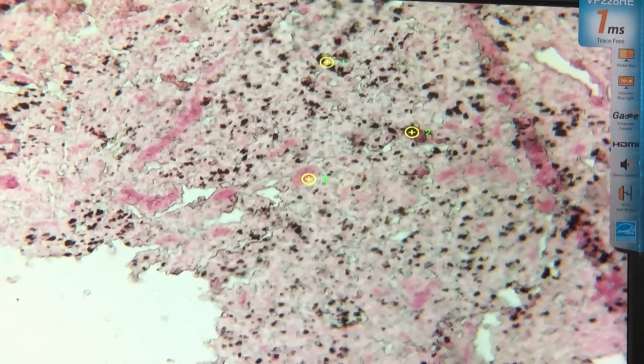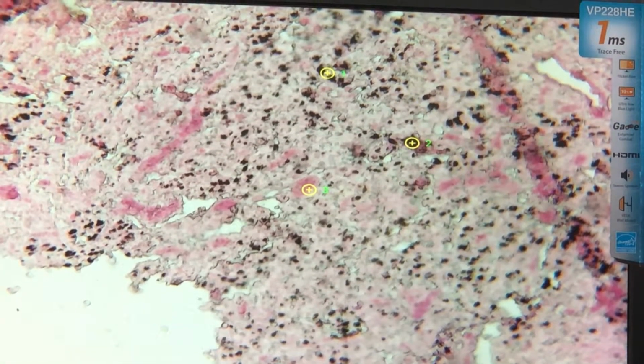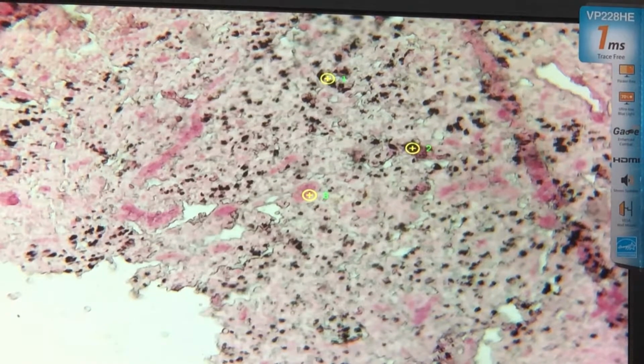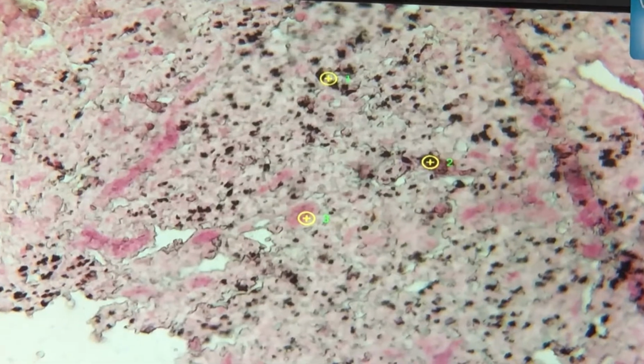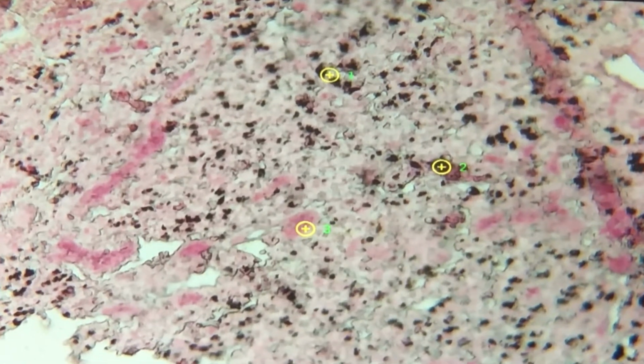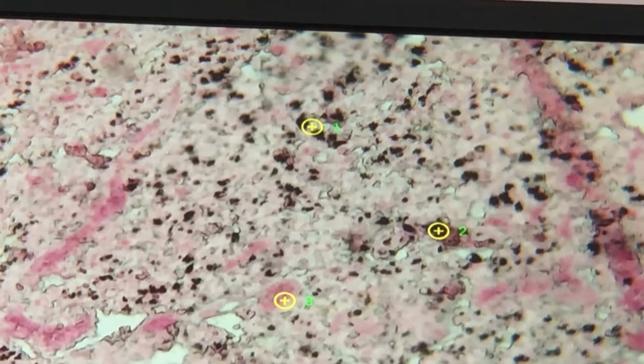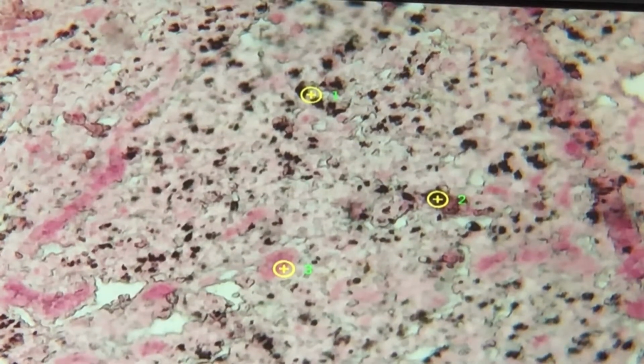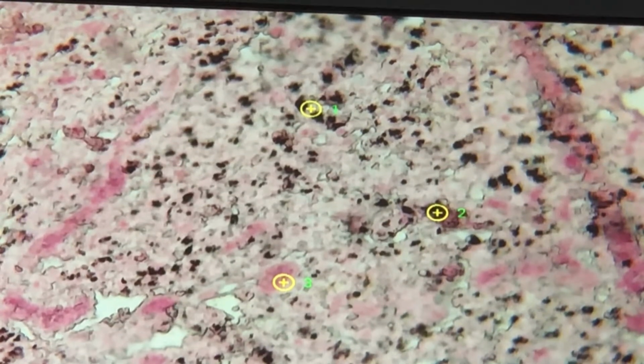So, anyway, what are those black brown pigments? The one that is pointed, number 2, those pigments. What are they? Those are anthracotic pigments. Anthracotic or coal dust pigment. So when they say identify the substance accumulated at the tip of pointer 2, your answer will be anthracotic pigment,